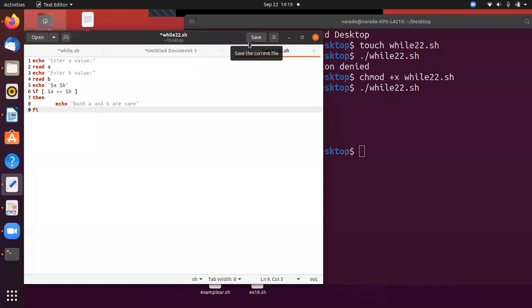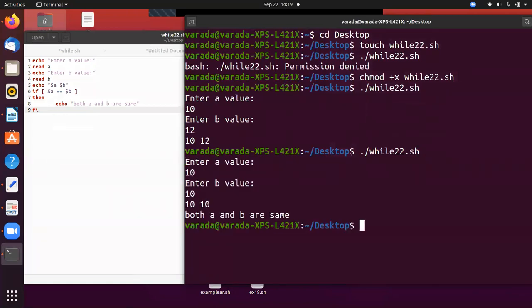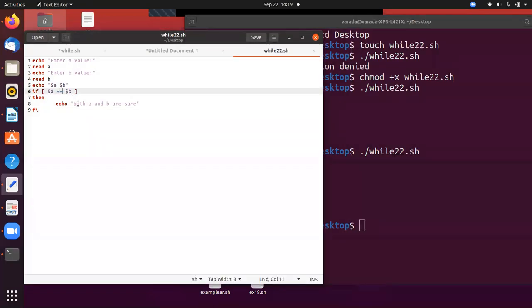Now we can execute this. It returns an error. So I enter 10, B value 10. So both are the same. Yes, equals to is also working. And instead of equals to, you can also give hyphen EQ.